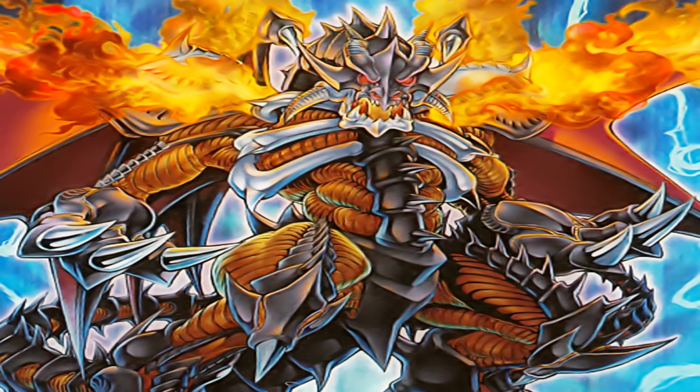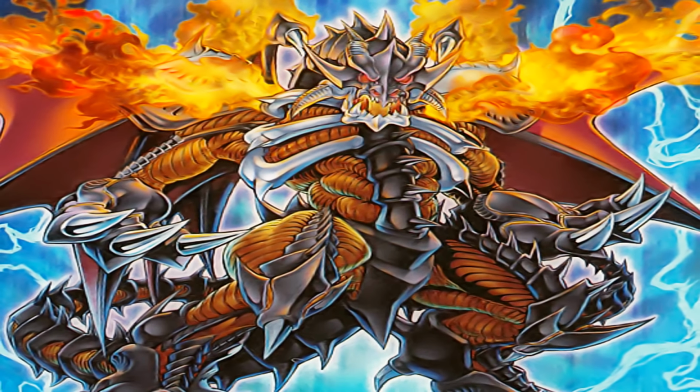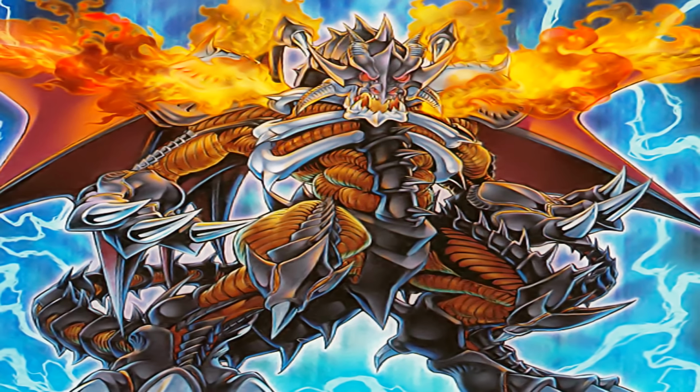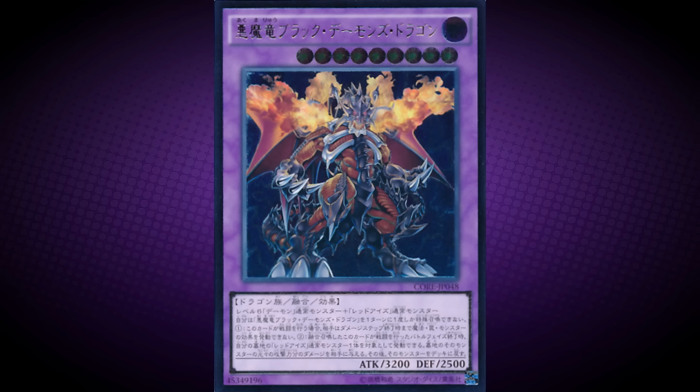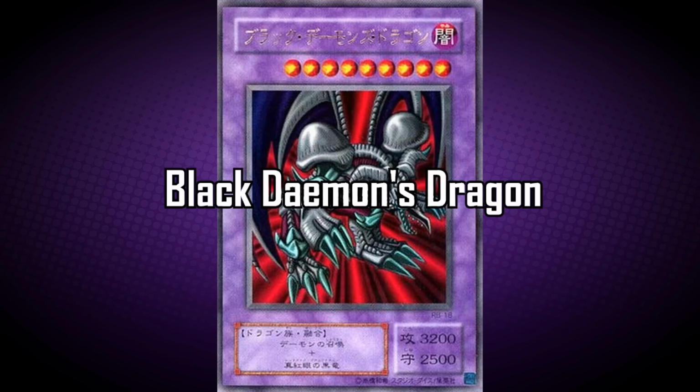Archfiend Black Skull Dragon. This card is a reclassified counterpart to the Black Skull Dragon. Both monsters share the same level, attribute, type, attack and defense, and are formed through the fusion of a level 6 Archfiend monster and a Red Eyes monster. This card's Japanese name, Fiend Dragon Black Demon's Dragon, is also based on Black Skull Dragon,